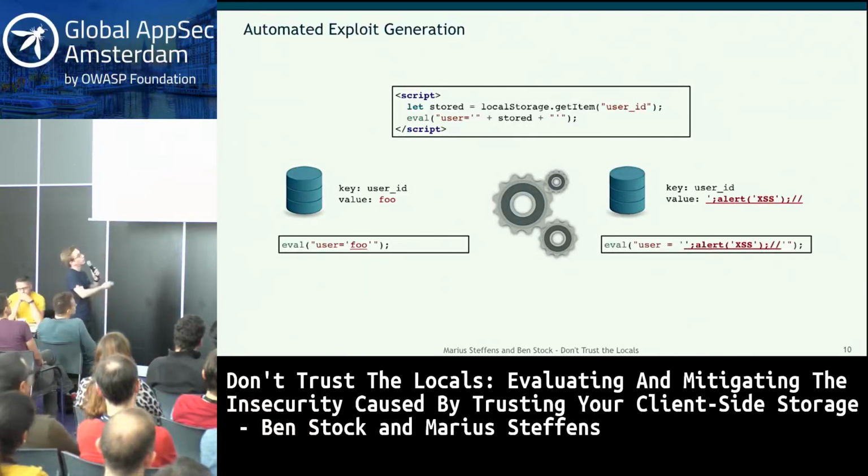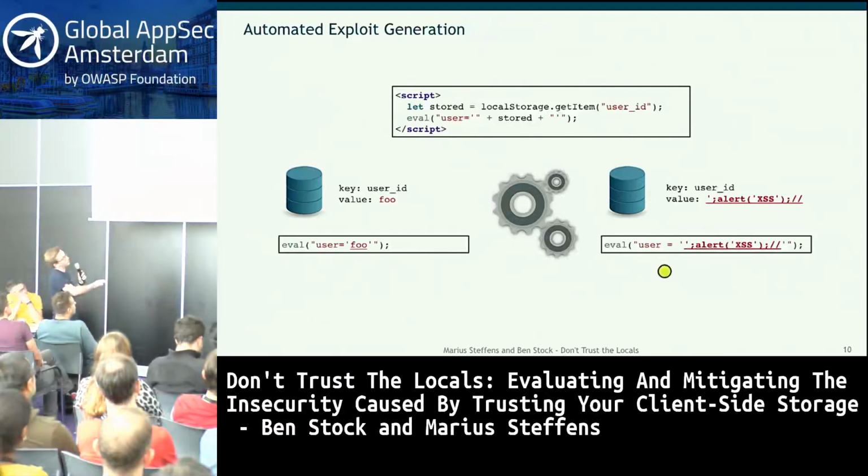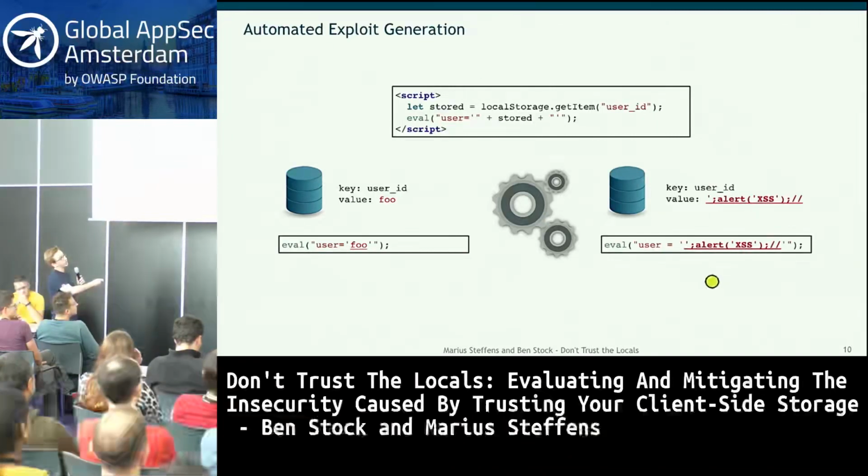So if we look at where we have the injection point, we can see that we are in an assignment to here the variable user with a single quote. So what we first have to do is break out of the existing context. That means we add a single tick there. We also add a semicolon to end the statement. Then we can add an arbitrary payload, which is in this case just alerting XSS. And then if you pay close attention, we still have to take care of this quote here. So we just add a comment to take care of that.